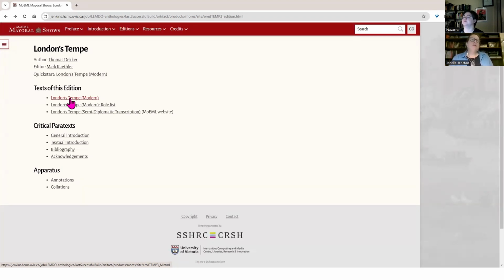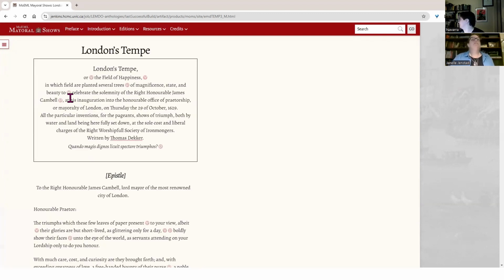It's not impossible to annotate a semi-diplomatic transcription, but most of our annotations are going to be pinned to the modern text. So if we want to see the annotations, they're turned on by default, but you can also turn them off. And if you've turned them off, you want to know how to turn them back on again. The menu on the left here, we call it the slide out menu. You'll hear menus like that sometimes called a hamburger menu, because they've got those 3 lines: bun, meat, bun.